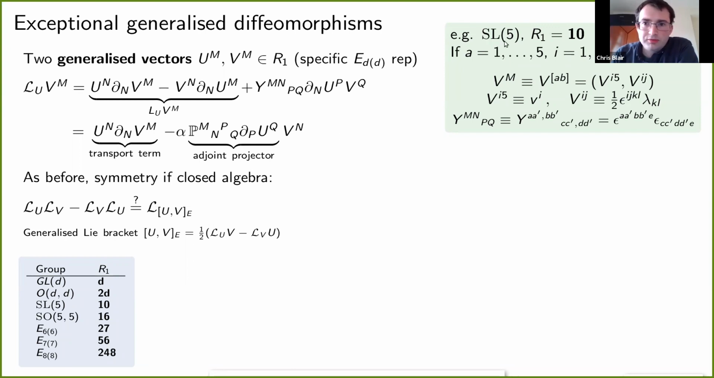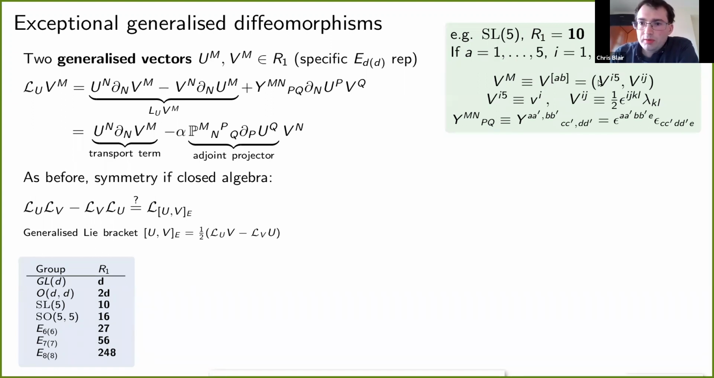So for instance, for SL5, this is the d equals 4 case. In this case, these generalized vectors live in the antisymmetric 10-dimensional representation of SL5. So to describe these, I need to introduce a bunch of indices. So I have a 5-dimensional fundamental index, and I write my generalized vectors in the antisymmetric representation as carrying a pair of antisymmetric indices. If I further decompose these in terms of some 4-dimensional indices, because this is the d equals 4 case,